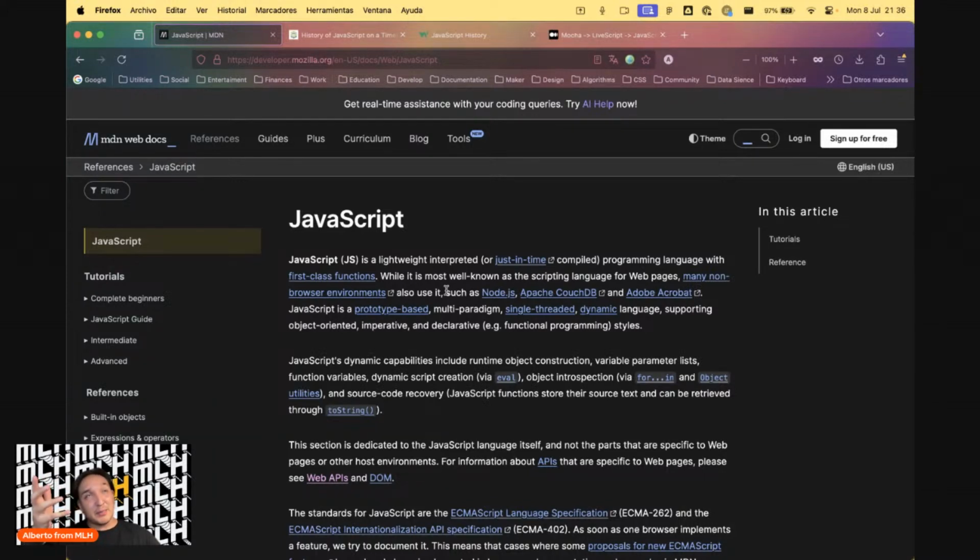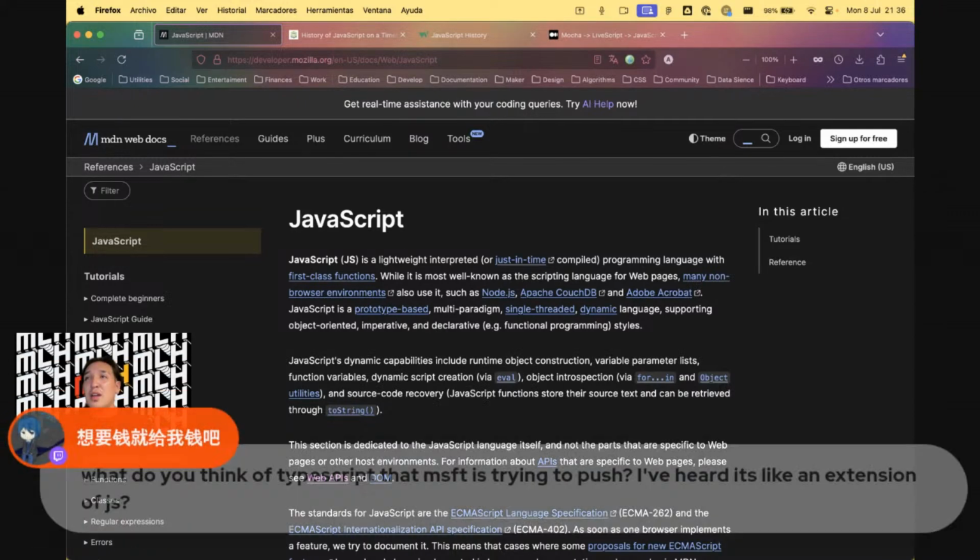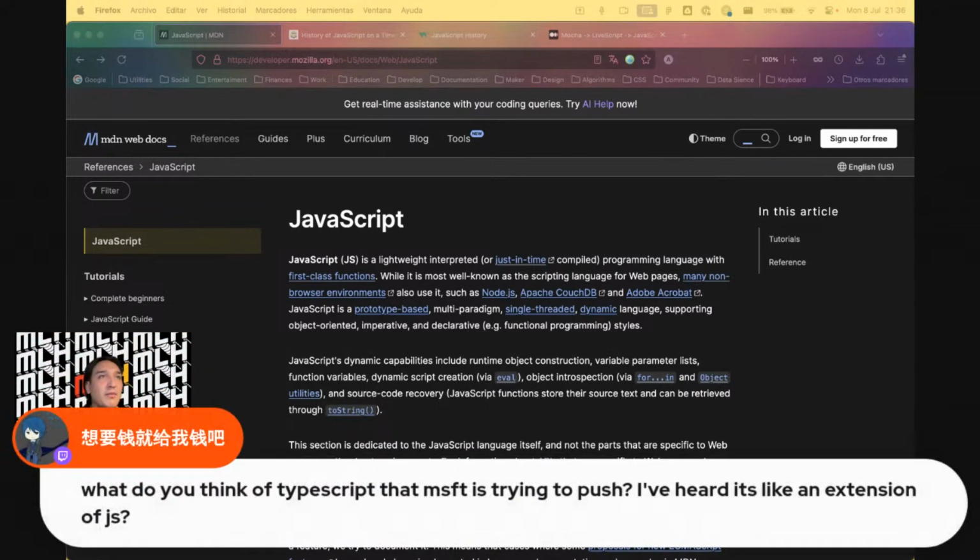And specifically JavaScript is just-in-time because it tries to get advantages of both worlds. And for example, here I see the question about what you think of TypeScript that Microsoft is trying to push. I've heard it's like an extension of JavaScript. Well, I do Angular for my work, and if you didn't know, Angular works with TypeScript. One step before that, it's that JavaScript